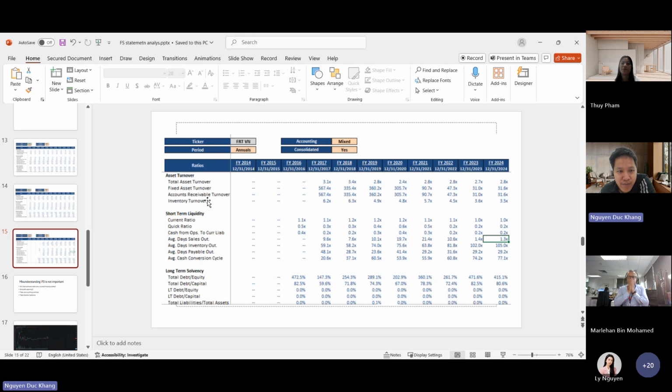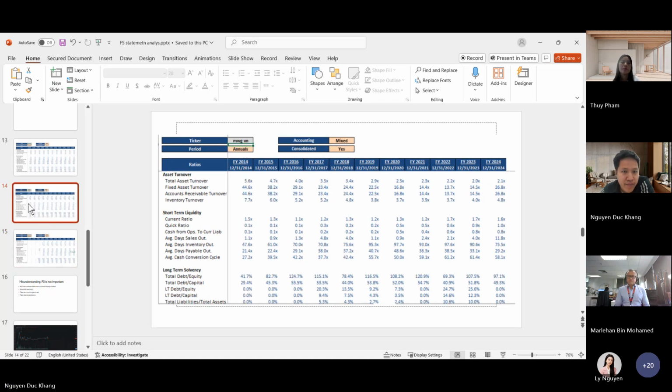Actually, I will look at their inventory turnover, because in a trading company's financial statement most of their assets rely on inventory, because all they do is buy goods and resell them. So I care how many days a good stays in your store, and we can see FRT is